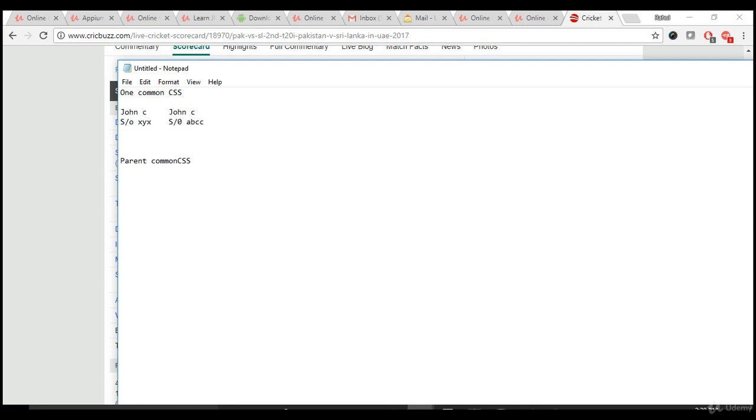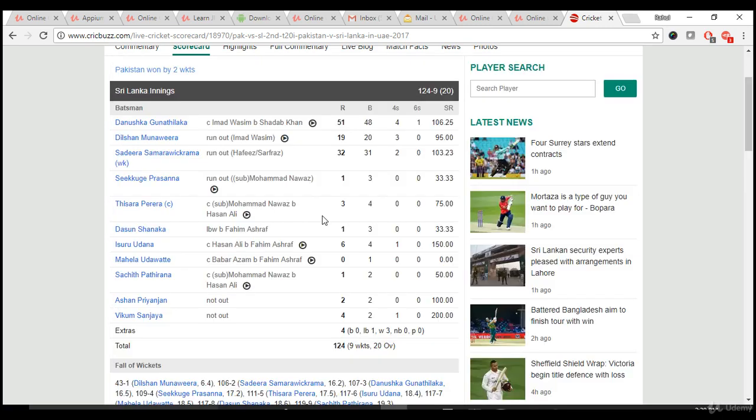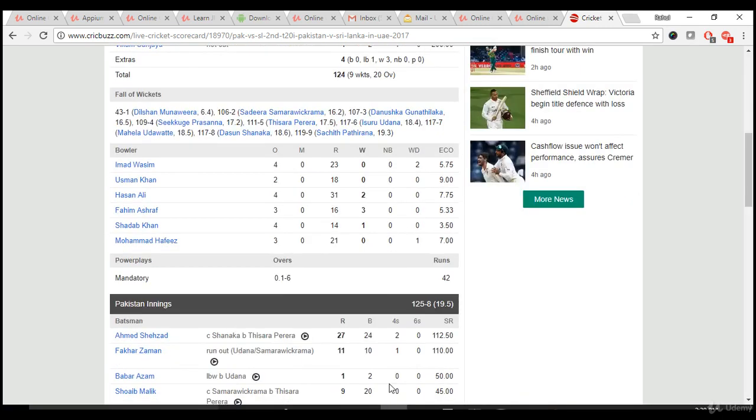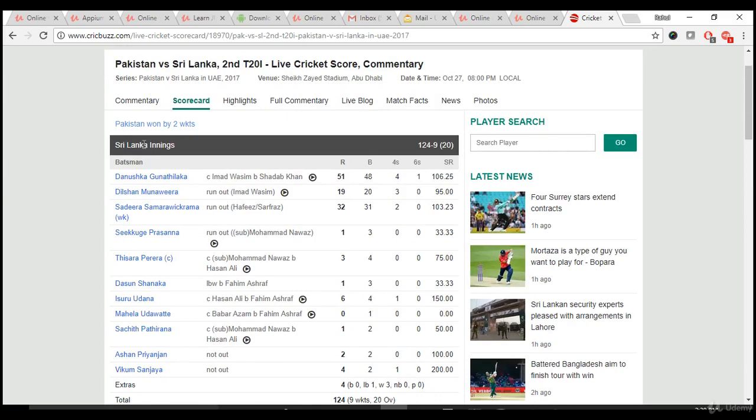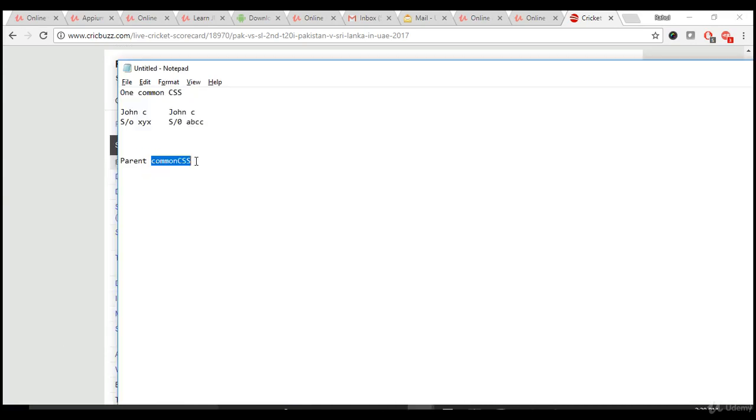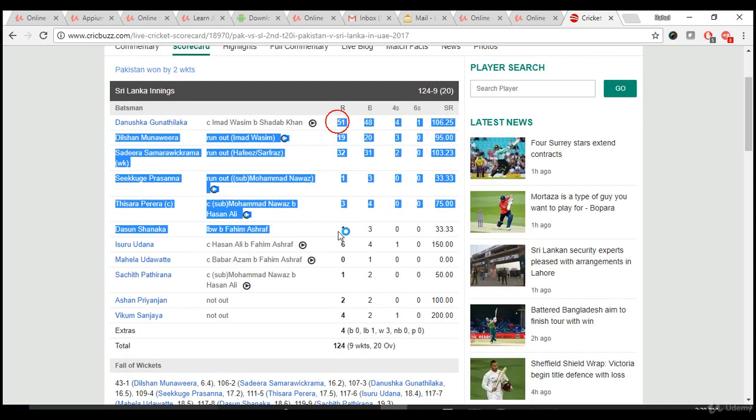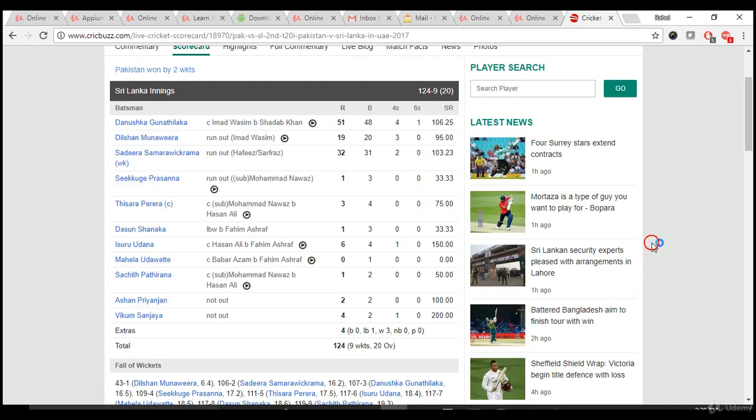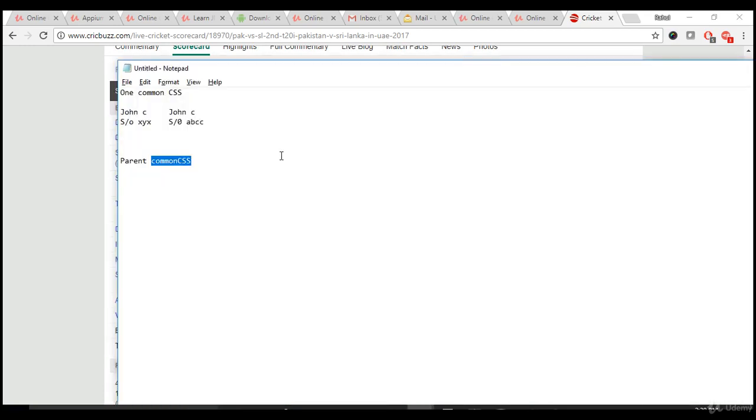In this way, the filter happens right here. Start from this parent, so automatically this table will vanish out and your control will be here. Thereafter, if you provide this common CSS, it will clearly get 51 to 4. So this is how you have to approach this test case.